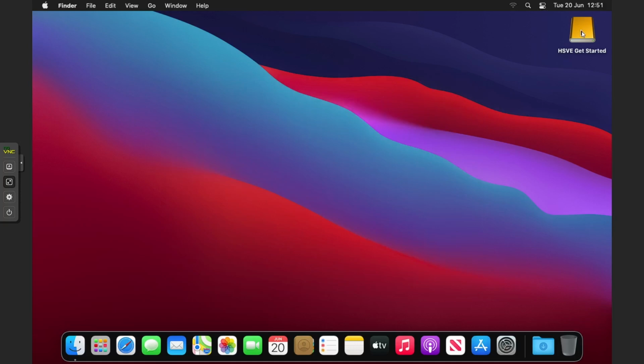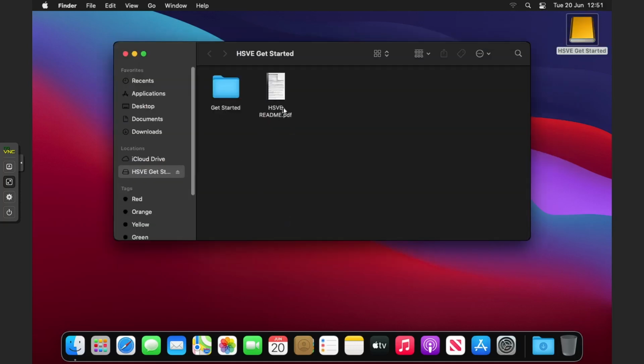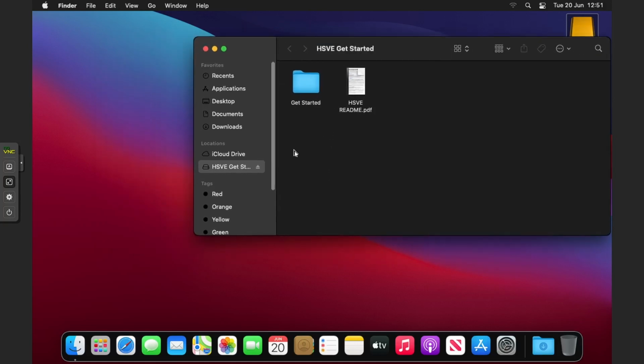On the desktop, you'll see a HSV getting started. Now you've got a portable document format here, a PDF file, that you can read through that tells you everything. It basically just tells you everything that you need to know, but I'll just show you how to transfer a basic EFI folder and remove the existing one. So if you drag that getting started folder to the desktop,